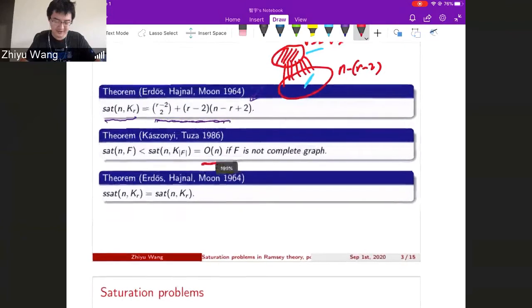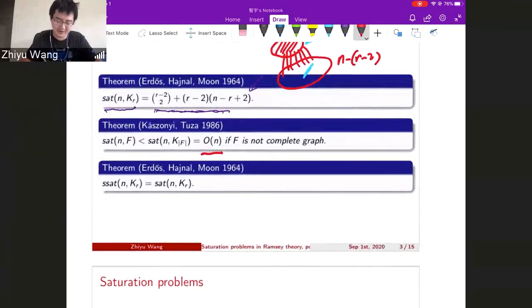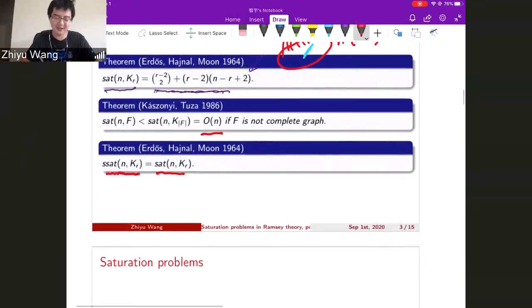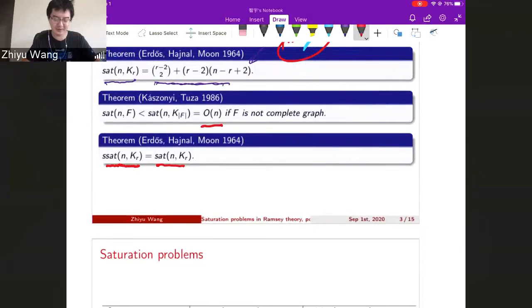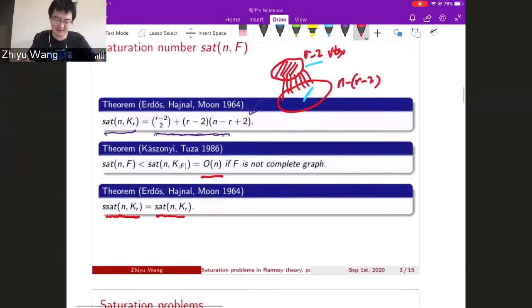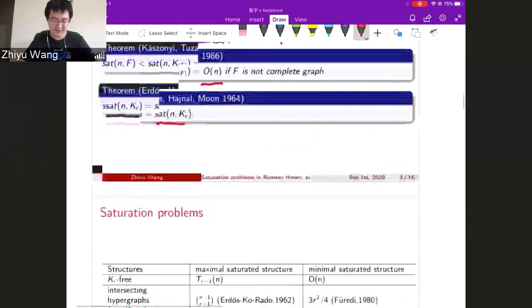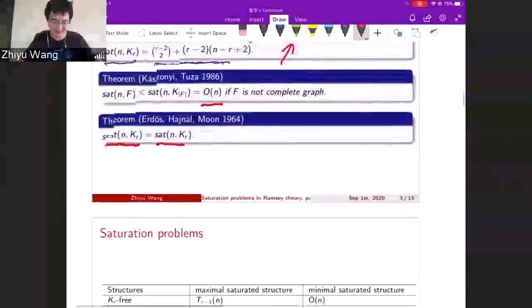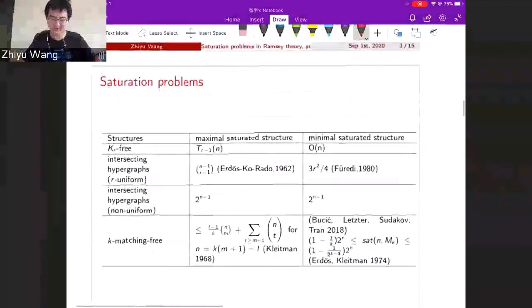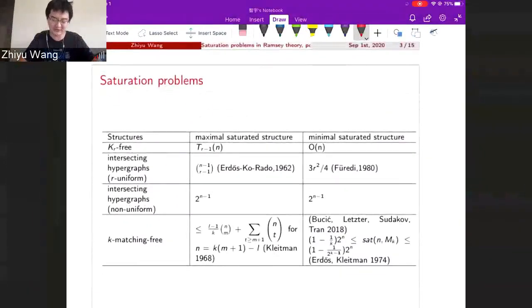And then in the same paper, Erdős, Hajnal and Moon want to relate the saturation number and semi-saturation number. For cliques, K_r, these two are equal. I think the example is both this graph. Okay, so apart from graphs, we can talk about saturation, those kind of extremal flavors of saturation, in many other